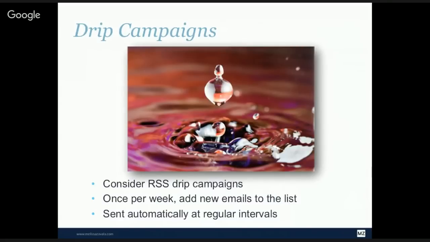So one example is we talked about A list, B list, and C list. So what I do is the C list is people that are really, as I said, not responsive. So I take that C list and I use MailChimp. And if you participated in any of my webinars before, then you've heard me talk about MailChimp. There are other products like Constant Contact, Aweber, Infusionsoft. There are plenty of email drip campaigns. MailChimp does happen to be free if you want to try it out for your first 200 people that you put in there, up to 12,000 emails a month.